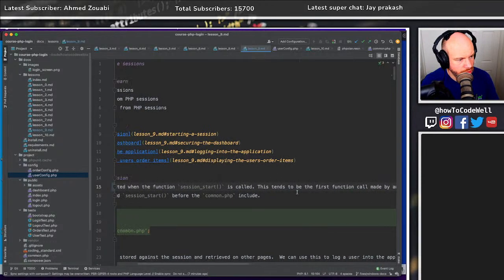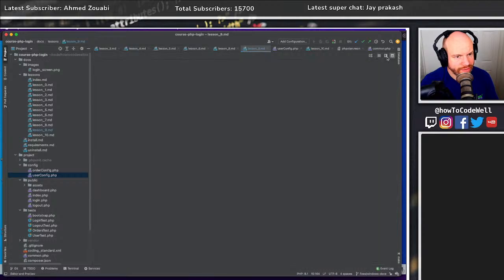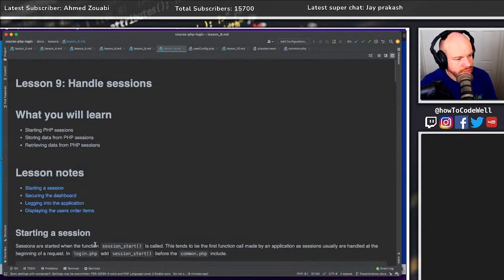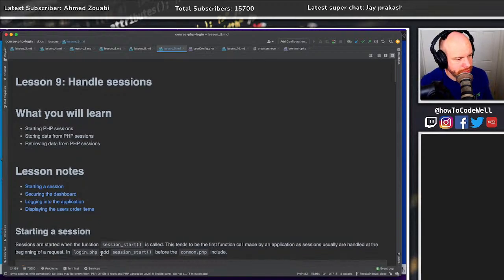There we go. So sessions are started when the function session_start is called. This tends to be the first function call made by an application, as sessions are usually handled at the beginning of a request. In login.php, add session_start before the common